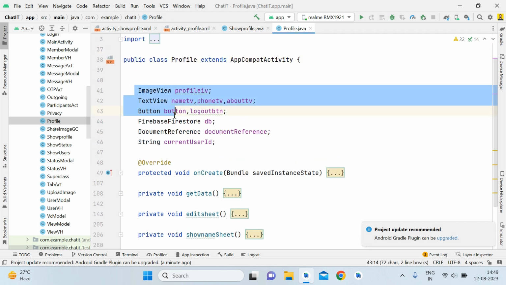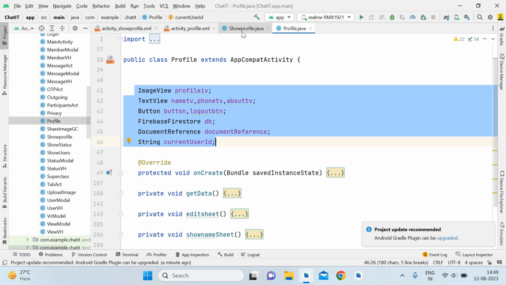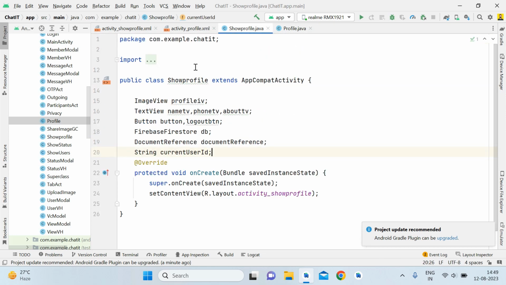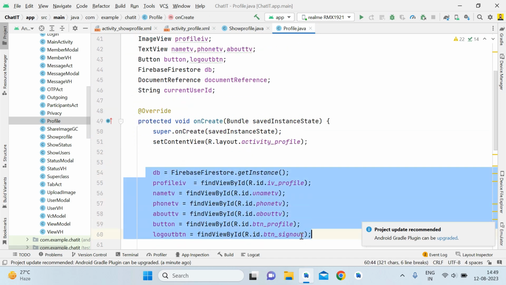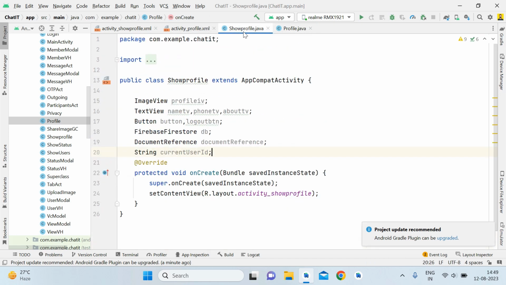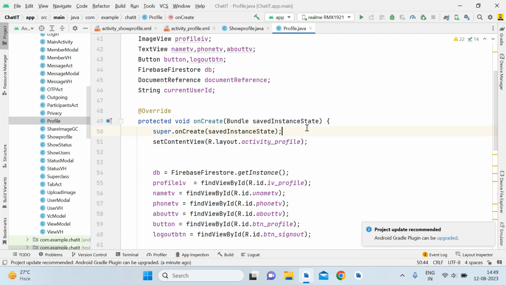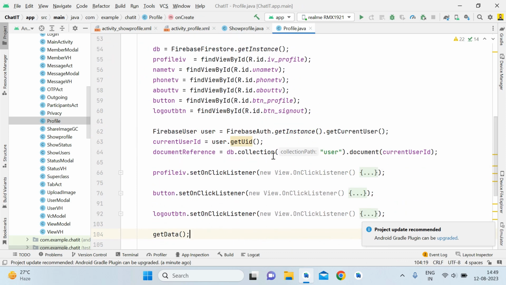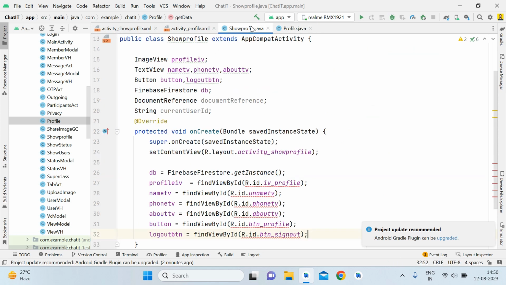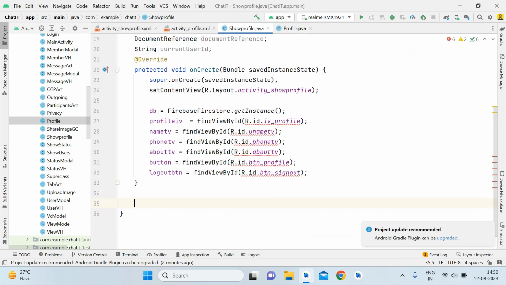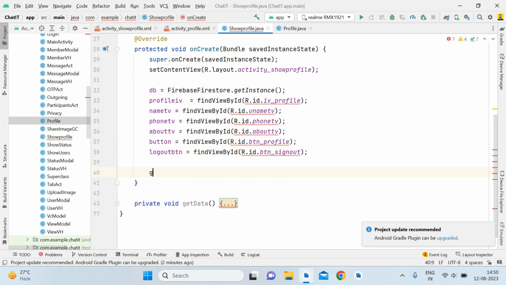some code. So first of all, copy these variables. Okay, in this show profile. Now open this and copy this reference also. Now simply Ctrl+V. Okay guys, and then after that, it's just very easy to copy paste things. And then we need to do is copy this method get data and open this and simply paste it here,